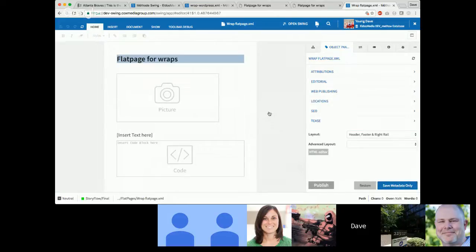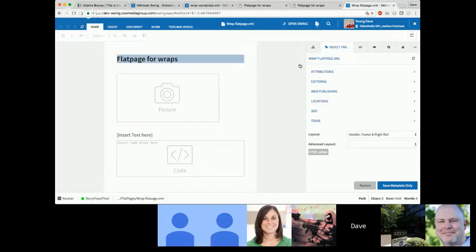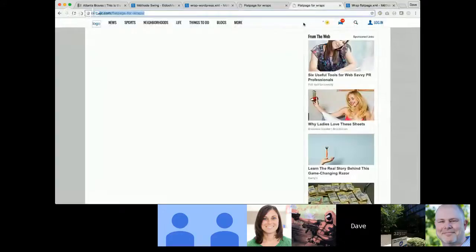This has to be published. Yes, the source URL has to be published for the wrap to reference it. That's just a limitation of wraps in general in Methode. It can only reference published URLs. And so if I had not published that just then, and we had loaded,